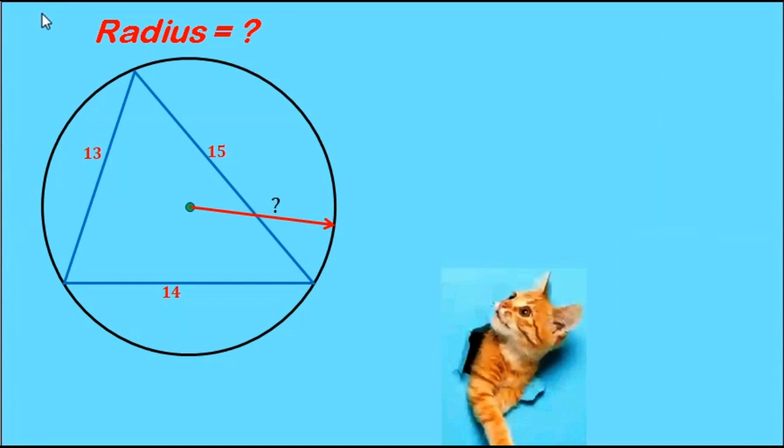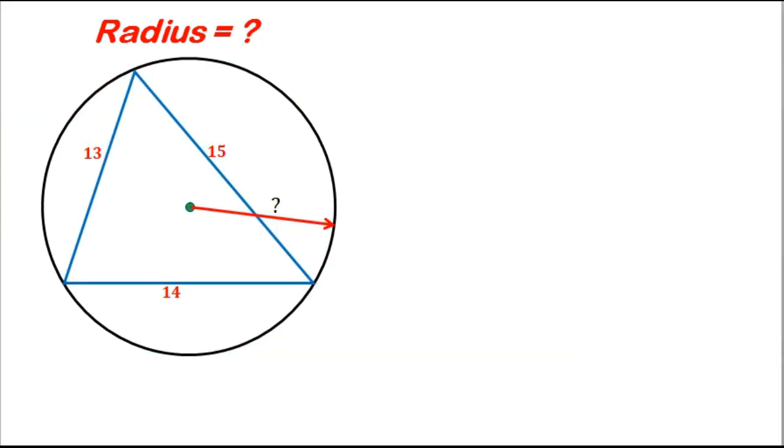Now, how do we find the radius of the given circumscribed circle? So when we transfer this problem to the whiteboard, how do we determine the radius of this circumscribed circle? So let us start by labeling this triangle to be triangle